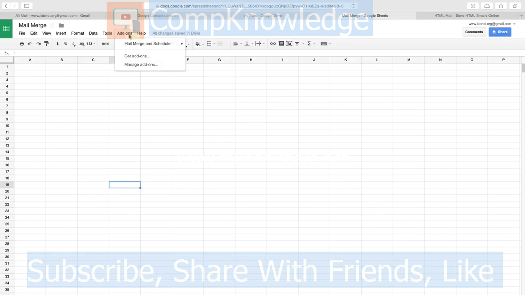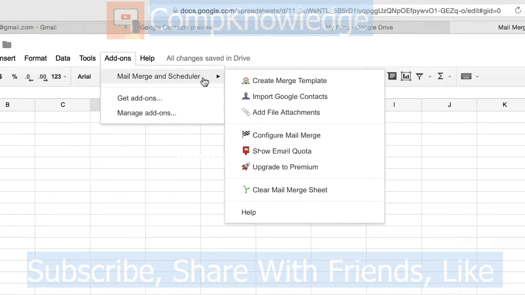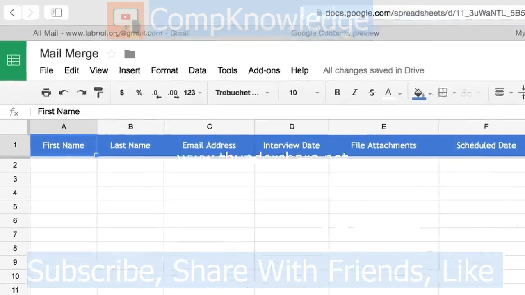So to get started, I'm on a blank Google spreadsheet and I'll go to the add-ons menu and choose Mail Merge. Now you can find a link to download this add-on in the show notes. The first step I need to do is convert this blank spreadsheet into a Mail Merge sheet. So that's simple. From the add-ons menu, I will choose create merge sheet and magically this will transform into